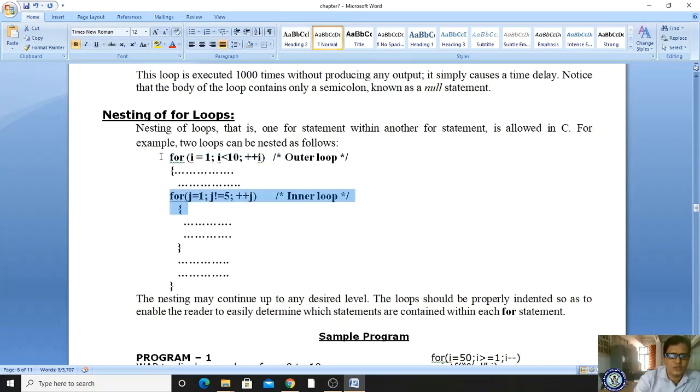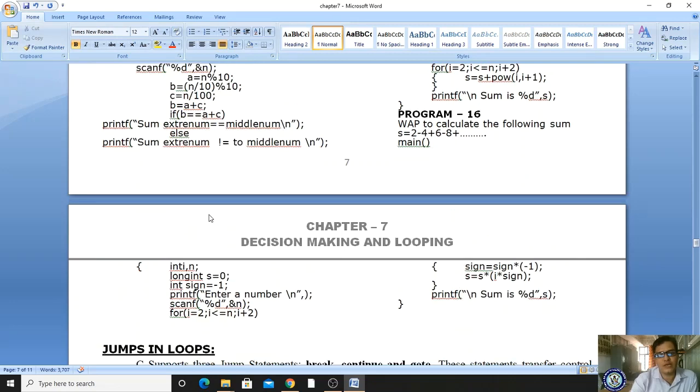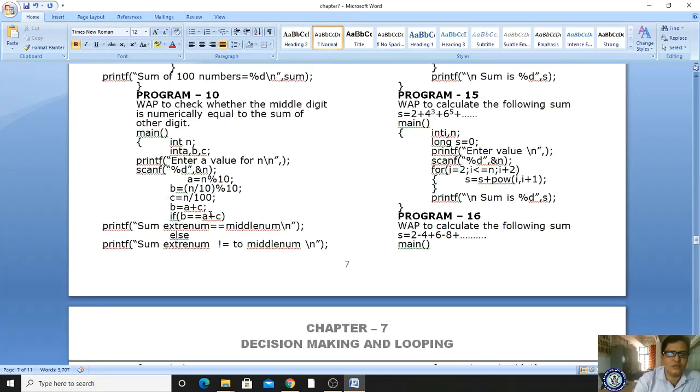Got it? In the nested for loop, whenever the inner for loop condition is false and the control comes back to the outer for loop, the initialization of the inner for loop is set again to its initial value. Got it? Now we will see some sample examples related to the nested for loop.